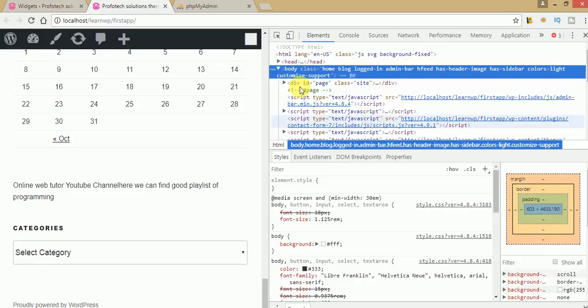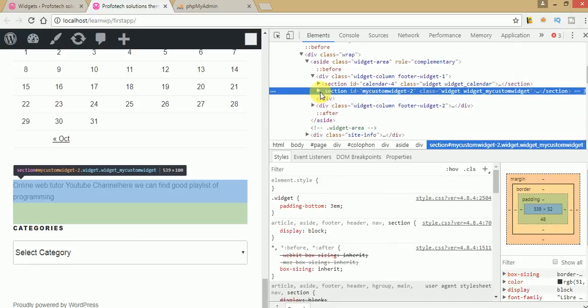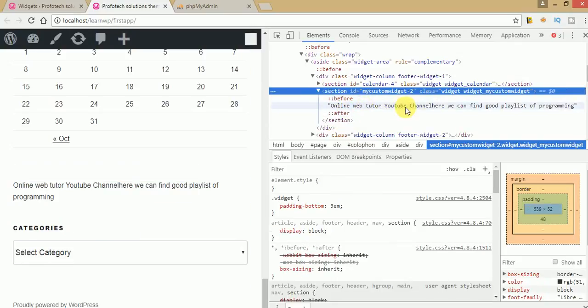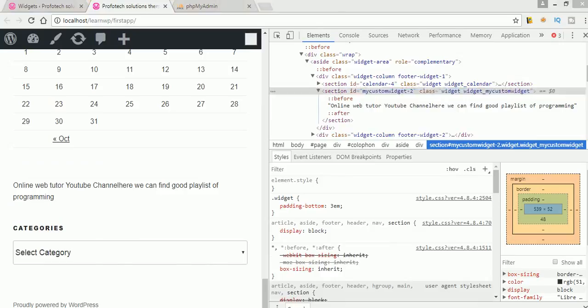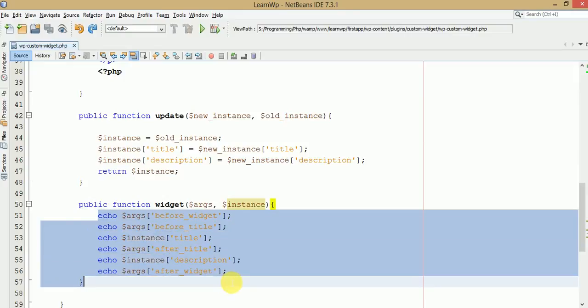Once you refresh, you could not see your changes. As you can see, click on that. Here you could not see any h2 tag surrounding your contents. Okay, so basically these are the useful parameters provided by WordPress to surround your widget by using predefined parameters